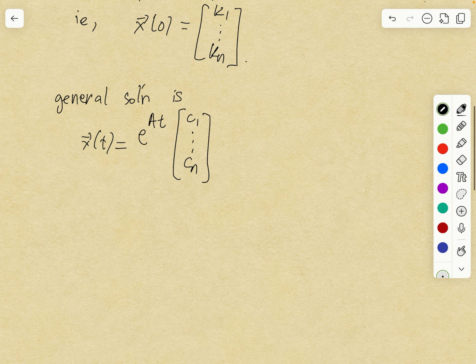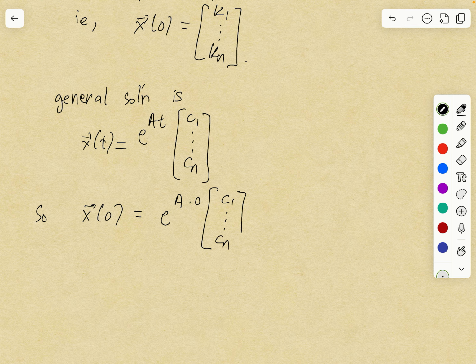Now what happens if you evaluate this at 0? Well, you get e to the A times 0 times the vector c1 to cn. A times 0 is just a 0 matrix. And what is e raised to the 0 matrix? The 0 matrix is a diagonal matrix with diagonal entry 0, and we know that e raised to that matrix is just going to be e to the 0t on the diagonal and zeros elsewhere. So you're just going to get ones on the diagonal. So that's the n by n identity matrix